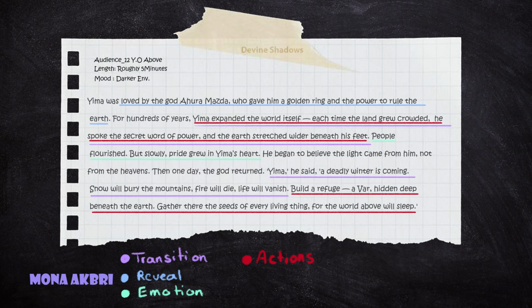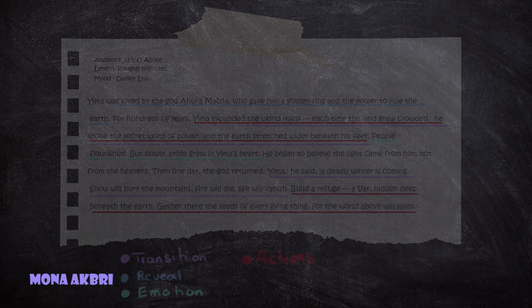Build a refuge hidden deep beneath the earth. Gather the seeds of every living thing, for the world above will slip. Okay, here I can draw something including all these in one image. For instance, I can have underground, and at the same time, I can see above ground. For example, above ground, the rabbits are sleeping, and underground, I see some workers gathering seeds and storing them underneath the earth. Okay,